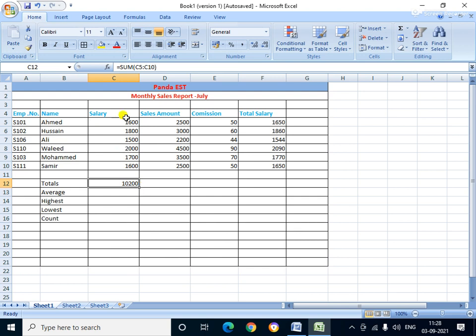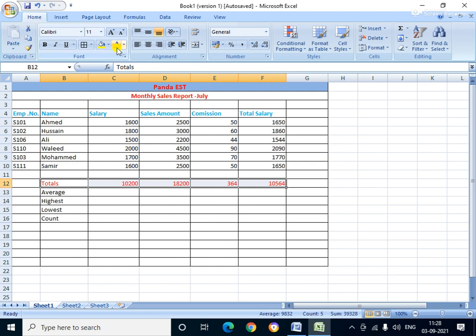This is the total of salary, this is the total of the sales, this is the total of commission, and here the total salary. So change the color. Means for a company, in the month of July, how much total salary you pay your employees.